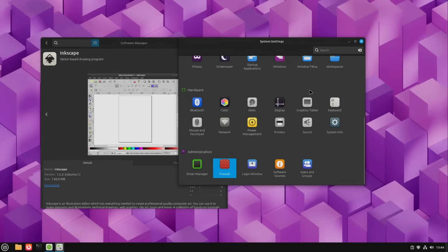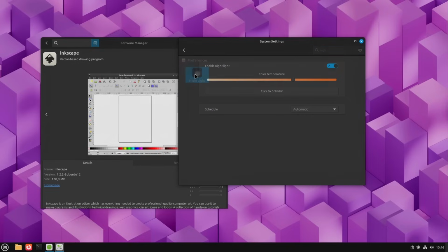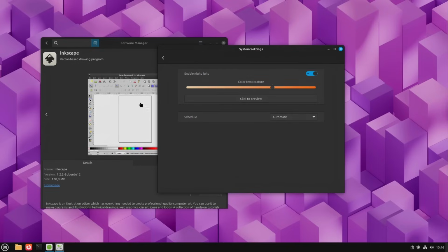And you also obviously now have the nightlight feature, which did not exist or work properly on Wayland before, and now obviously it does. Obviously, it is still an experimental Wayland Session, meaning you will find bugs here and there, there are probably some missing parts, and things will not work properly all the time. They don't plan on making this the default session or the main focus before Ubuntu 26.04 releases, the next LTS, so in more than a year, so they still have a lot of time to finalize how their Wayland Session